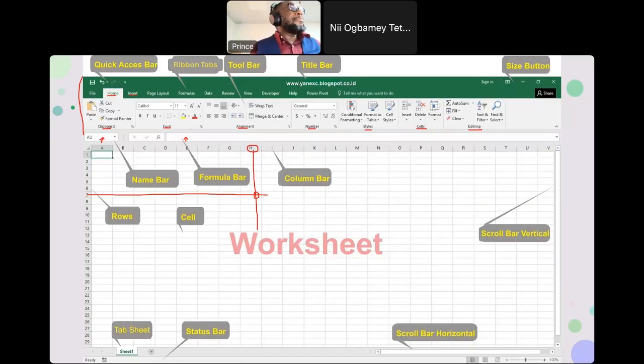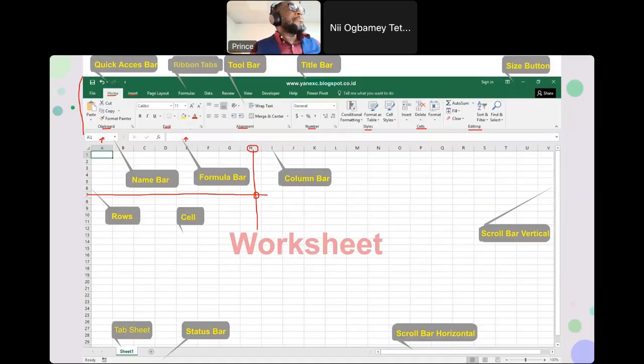How do I enter data in Excel? Just select the cell where you want to enter your data, type your data in there, and press enter. Because Excel accepts different types of data. Your data can be a value, Excel will take it. It could be a text, Excel will take it. It could be a Boolean value, that is yes or no, Excel will take it. It could even be a formula, Excel will take it.